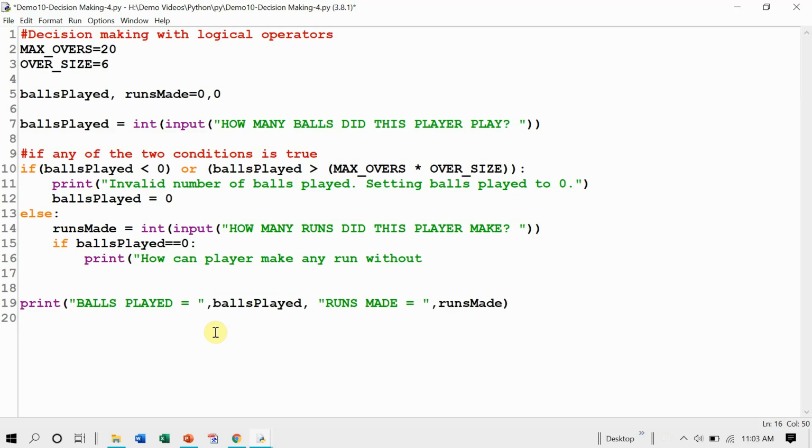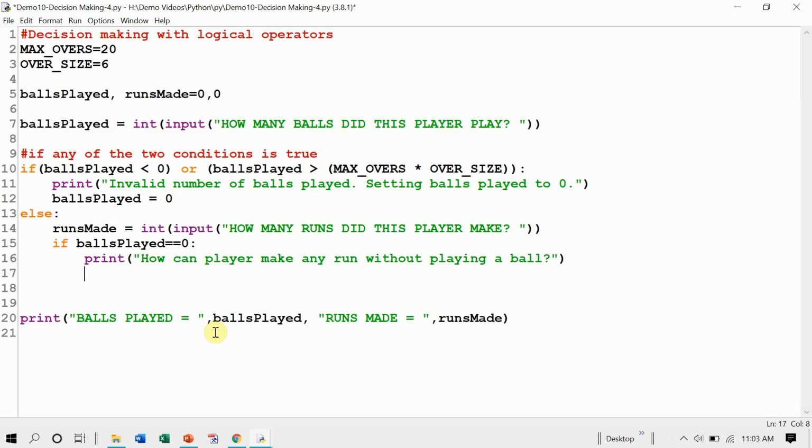So we are making the program a little interesting by asking the user in else how many runs made, and if actually the balls played was 0, then we are throwing a question to the user, how can a player make any run without playing a ball? So if balls played is 0 and runs made is more than 0, that is not possible.